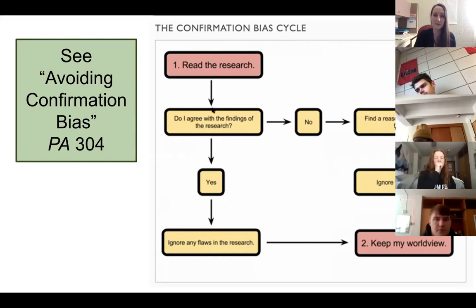So we read a piece of research. If you disagree with it, you're more likely to be critical of it. You look for ways the research is flawed, and therefore dismiss the research, and you get to hold on to your previous preconceptions. If you find a piece of research that you happen to agree with, you're less likely to be critical of it. You're less likely to turn your brain on to looking for things that could impact its credibility. And therefore, again,